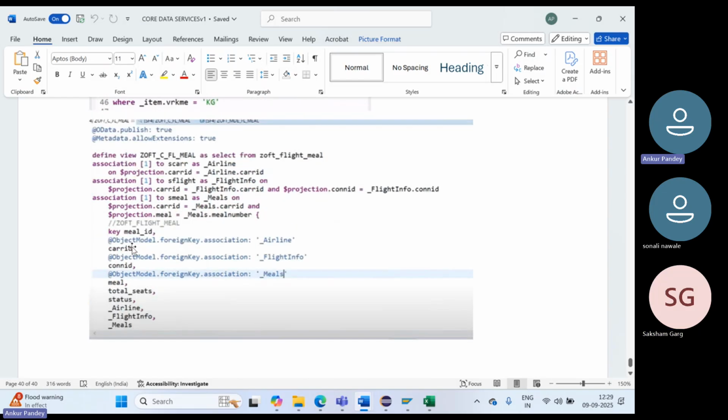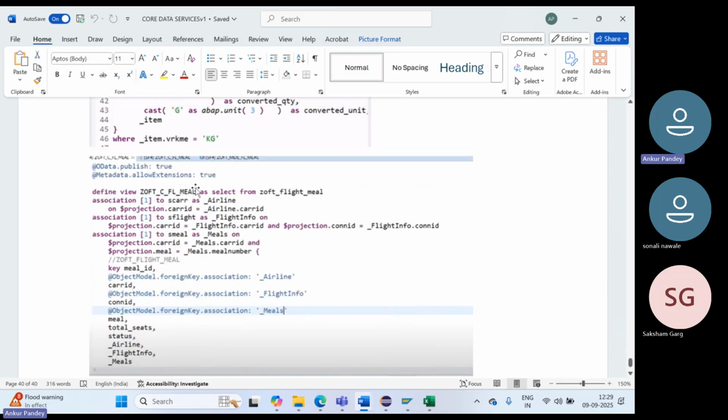उसके बाद ये जो आपको व्यू क्रिएट किया हुआ है, इसमें ये जैसे ओ डाटा आप वहां पे डाल दोगे, ओ डाटा पब्लिश हो गया तो ओ डाटा सर्विसेज डाल दोगे उधर पे, अब क्यूरी में ये ऑटोमेटिक सब कुछ डिस्प्ले करेगा। मतलब इसमें आप एयरलाइंस मील्स डाल दिए, कैरी आईडी, तो वो आपको इनपुट पैरामीटर में कैरी आईडी दे देगा, वहां पे एक्सपोर्ट सिलेक्शन भी दे देगा। आपको कुछ करने की जरूरत नहीं है।